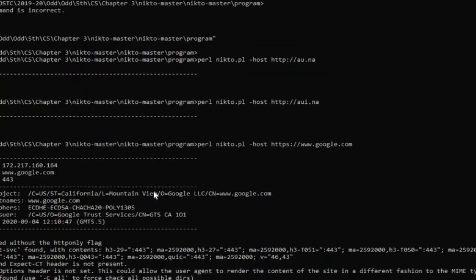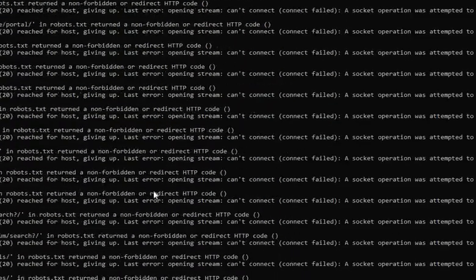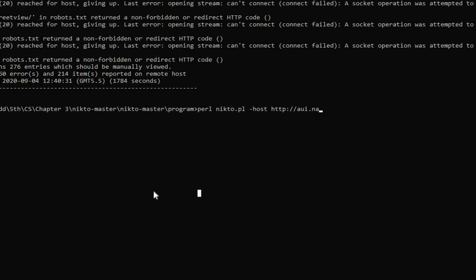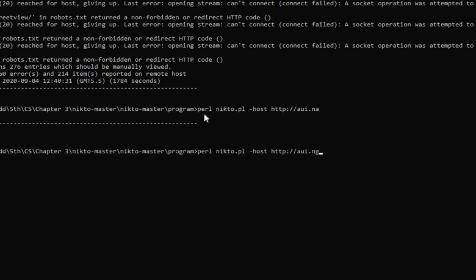Yes. So this is Nikto. To scan, I don't have any particular server so that I can show you the exact vulnerability. This is the server I used to use, but it is currently not working. Yes. So it is currently down. So this is the kind of tool with which you can check the vulnerabilities available on the servers, right?